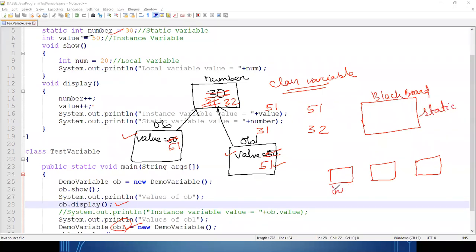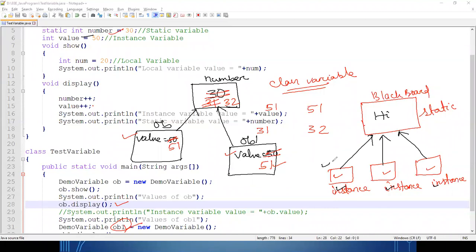The pen and the copy, whatever you are using inside the classroom, are your instance variables. So any changes you make inside your copy are only visible to you. That is your instance variable. But whatever I am writing, suppose I write hi, is visible to everyone. Yes or no? So that is the use of a static variable.